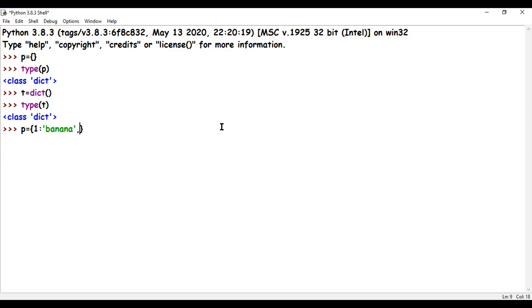So let's say the next one is the number 2, orange, comma 3, apple. Okay, and this data has been fed into my dictionary P.